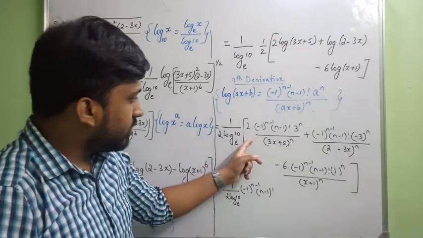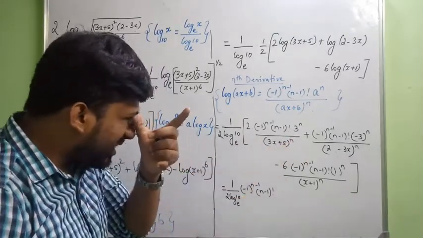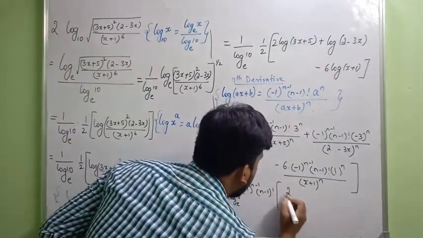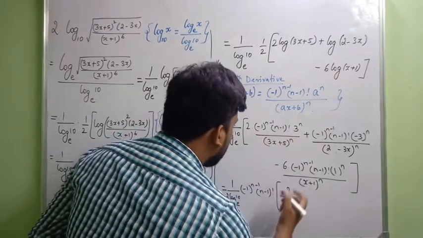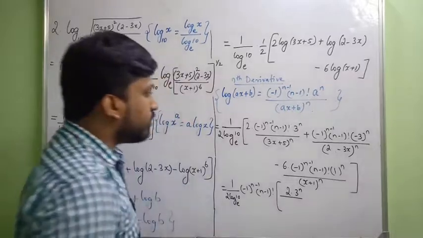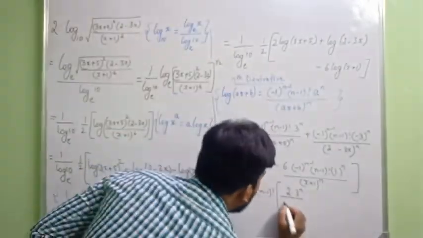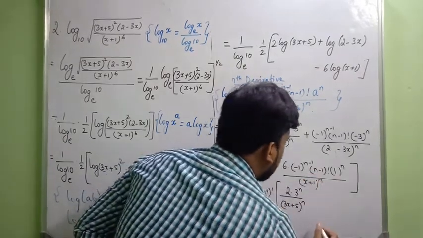That's it, no other things are common. So directly you can write now 2 by, what is remaining here? It is 2 into 3 to the power of n by 3x plus 5 to the power of n,